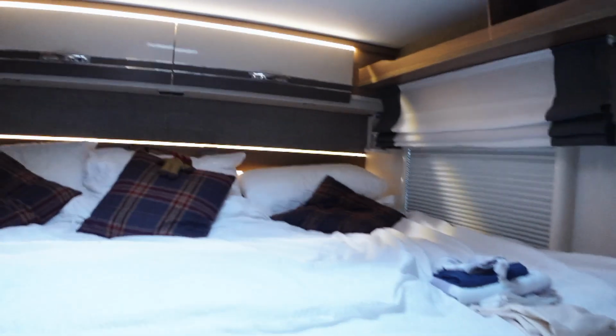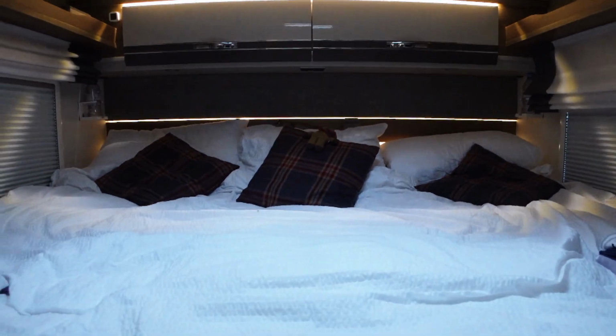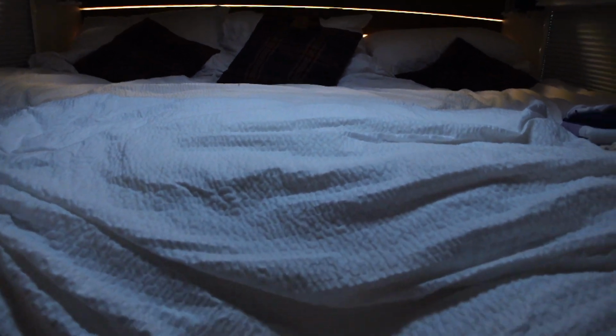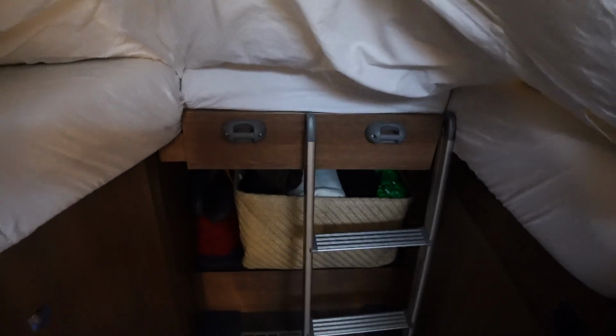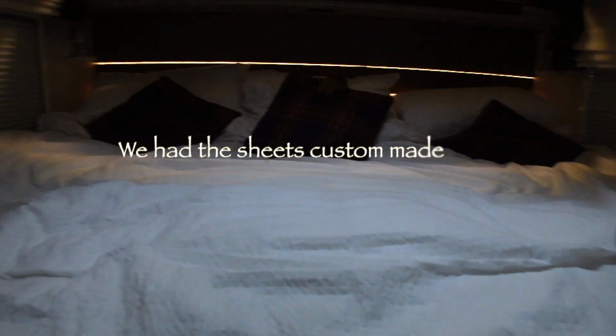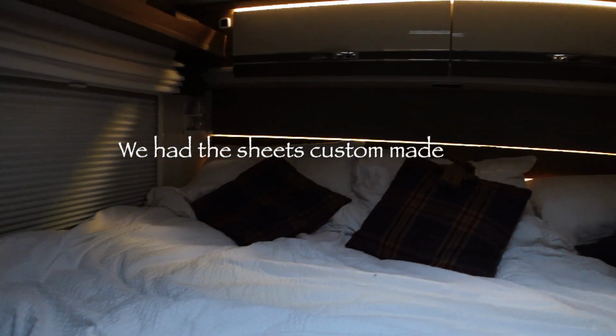Now, one of the best features of this van is this beautiful 2.1 metre wide bed. In fact, that's probably not true, because it is technically a two beds in one, but we join the middle. I think you can actually sleep either way across. We sleep across the back,